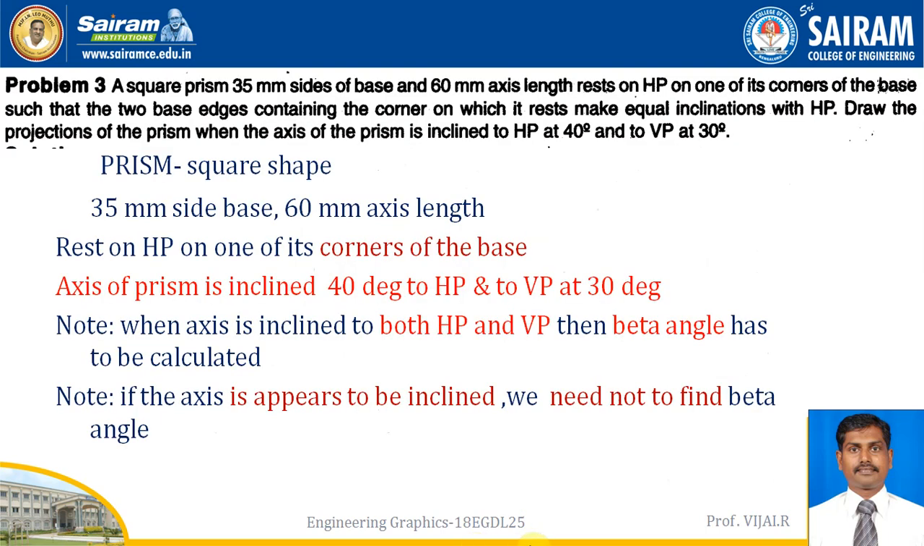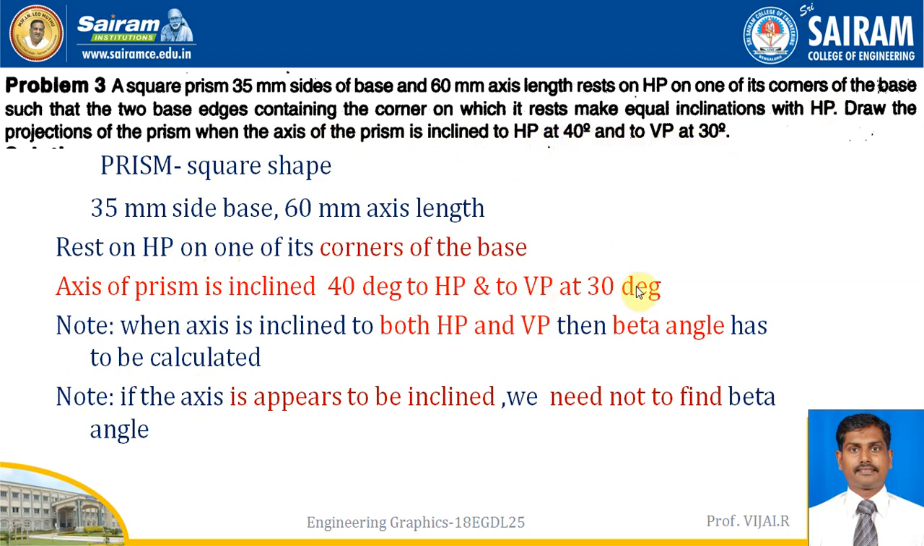But in this case, the given data we need to write separately. So what is given: a square prism, square shape. Okay, what is the size? 35 at 60. It is resting on HP, how? On one of the corners of the base. Okay, axis of the prism is inclined 40 degree to HP and VP 30 degree. Directly given, the axis of the prism is inclined to HP at 40 degree and VP at